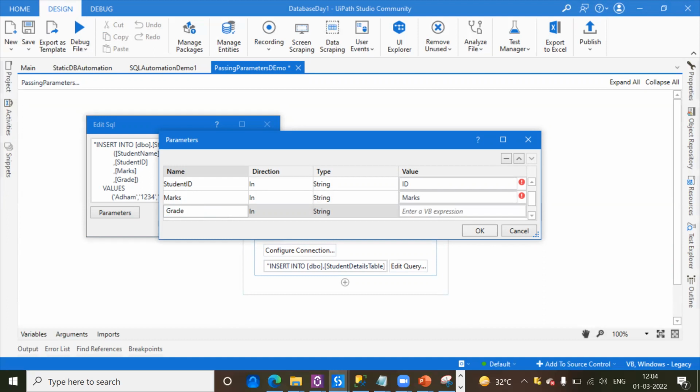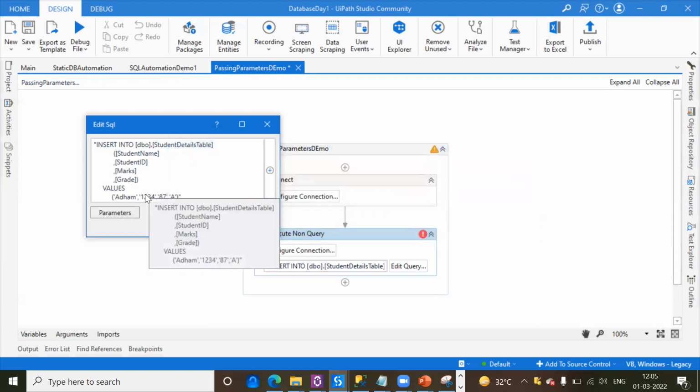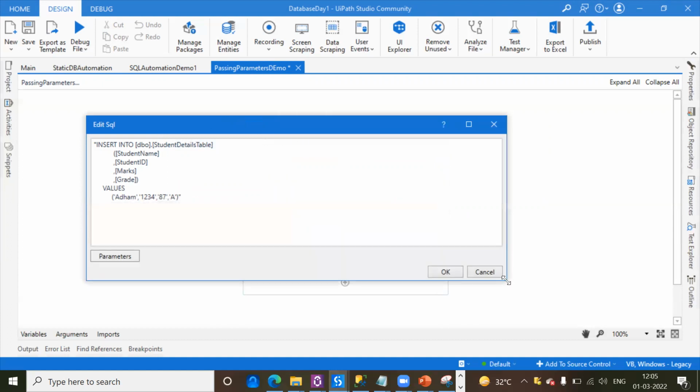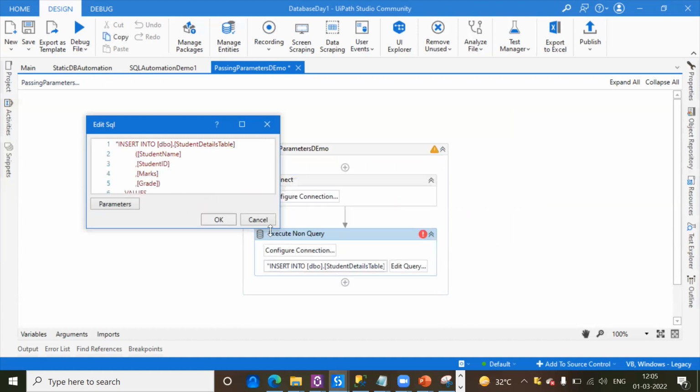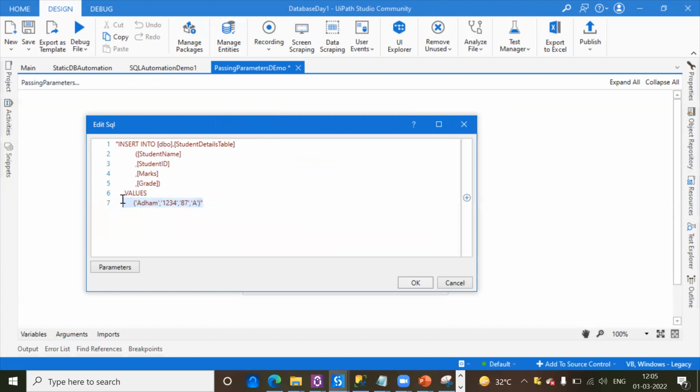For creation of an argument, you just have to create it here. You don't have to create it somewhere else. Just make sure that you give the name of the value, and then here I'm creating a variable, student grade, just to make sure that it is different from the value that I'm giving over here. Okay, just say okay. And then here you have to pass the parameters. For that, there's a syntax. Let me expand this a bit. Just remove this line from here, and then just give